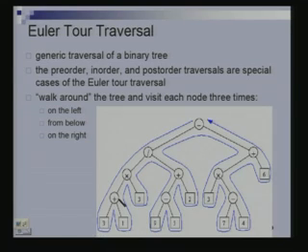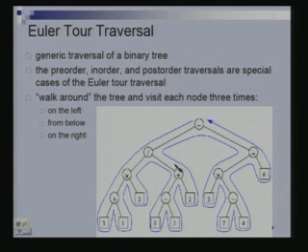But every internal node will be touched thrice in this manner. I should actually qualify: every internal node which has two children. If the node has only one child, then you will touch it only twice. Okay.